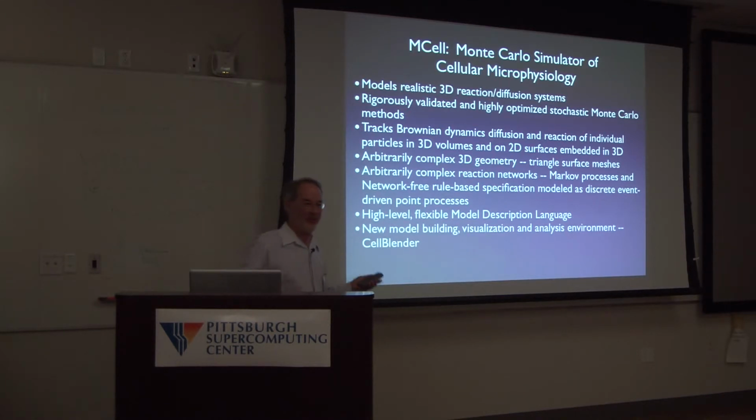And you've been hearing about MCell this morning, but I'll just remind you of some of the important features that MCell has. It lets us make realistic 3D reaction diffusion models. And we use rigorously validated and highly optimized stochastic Monte Carlo methods so that we can do these simulations very, very fast, as fast as can be done for stochastic modeling. And you should know, even if you don't understand, I think it's important for you if you're going to do these kinds of simulations more seriously in your career in the longer term, and I hope that you will, that you understand what the methods are that MCell is using, but you can take comfort in knowing that we've rigorously validated these methods for you, and we will continue to. But don't believe us, right? Do it for yourself and prove to yourself that you're getting the result that